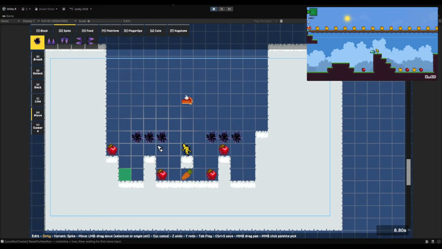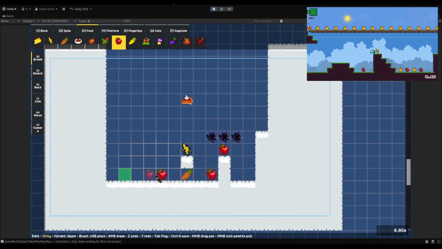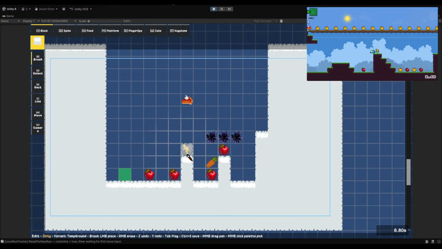Oh god. So Apple dash. We'll go back to the simple example of just apple on ground, and then players are expected to use it to dash. Maybe a gap here.